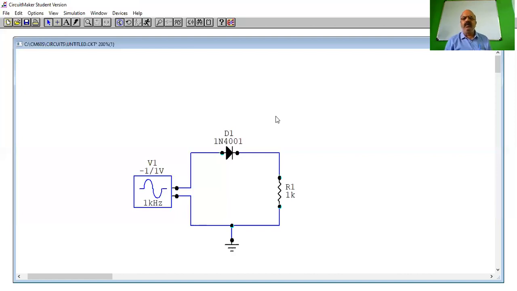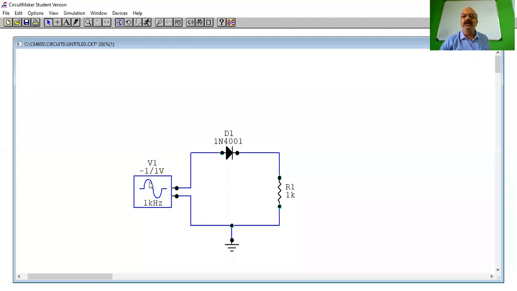Okay. Now the next part is, this is a signal generator. It is producing a sine wave. What value do you see? This is a sine wave of plus 1 volt, minus 1 volt. But I want to make it plus 15, minus 15. So what will I do? And this frequency is 1 kilohertz. Here you can see. Instead of that, I want 50 hertz frequency.